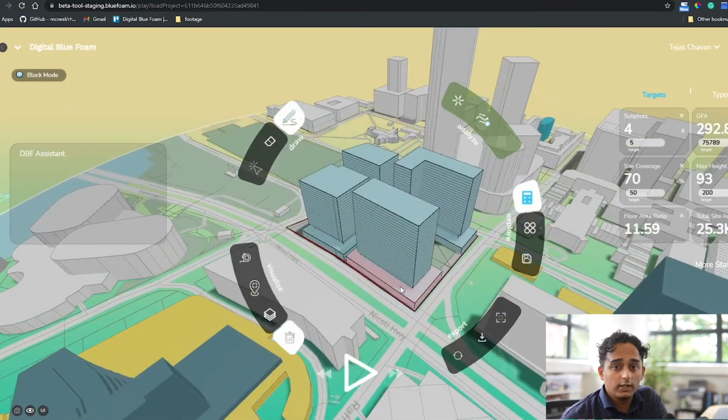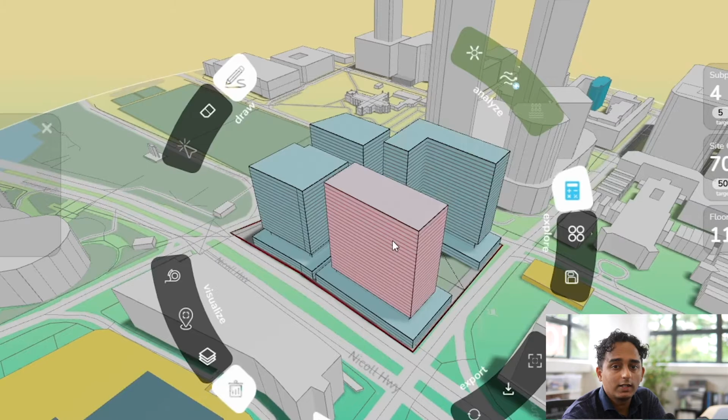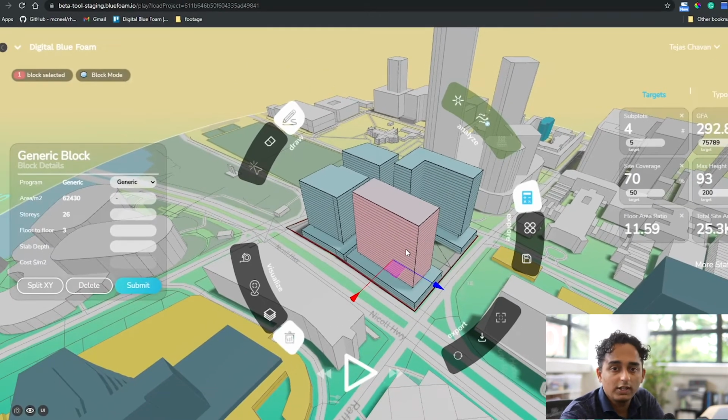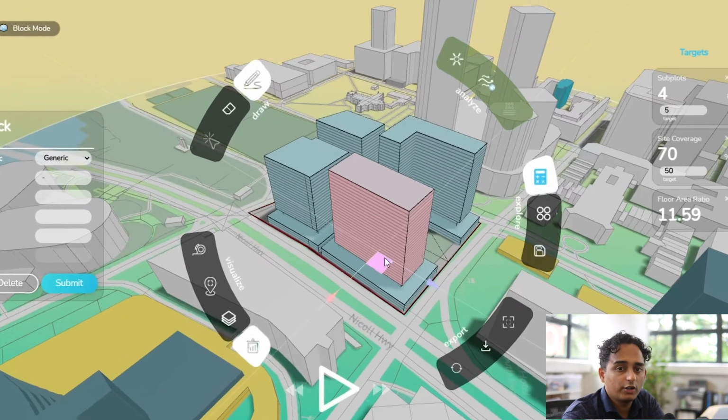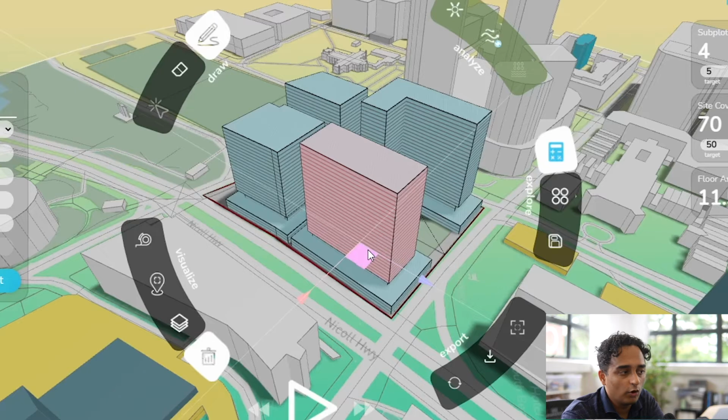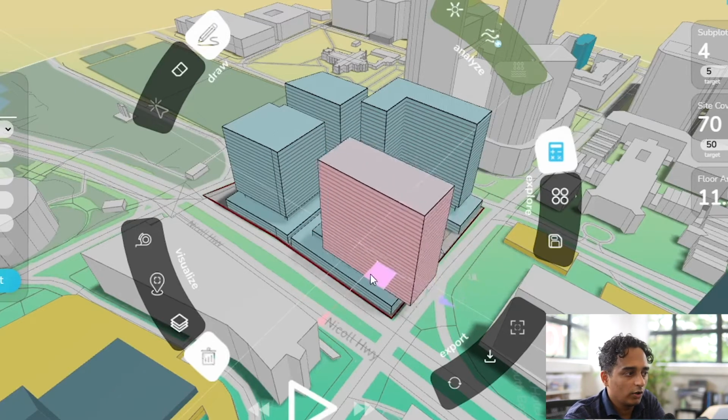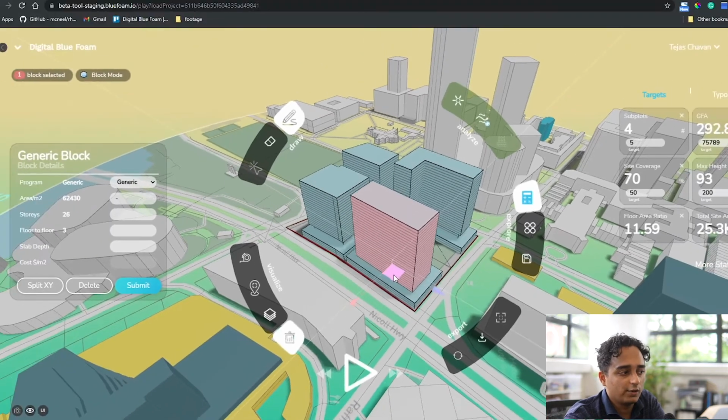So to interact with the design, we can start by hovering over any of the blocks. When we hover over a block, we can see that it gets highlighted in red. Then when we click on it, we can see that two things happen. First, we get this transform control that is attached to the block. So we can move that block around. To move the block, simply click on the transform control and you can move it as you see fit.